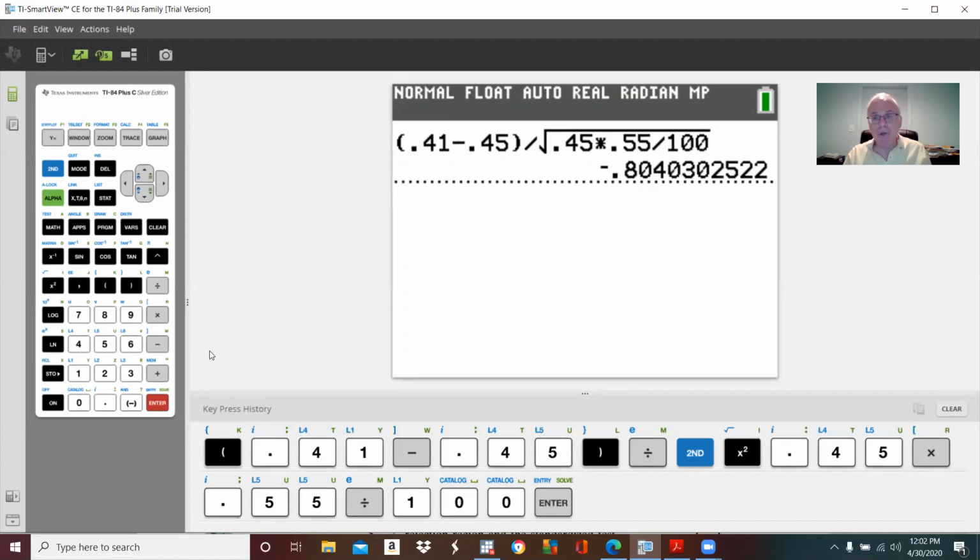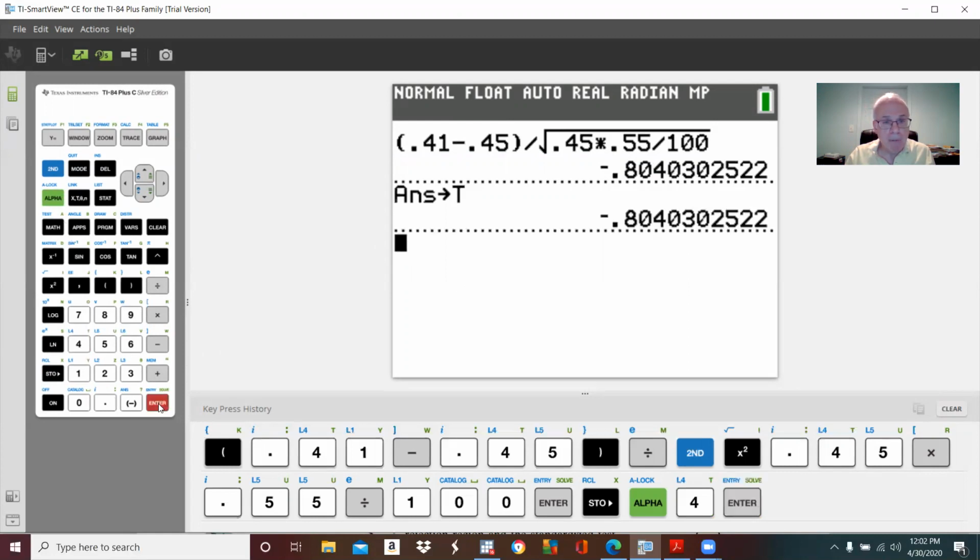Now, if I'm doing this strictly with my calculator and I want to get my p-value, then I'm going to store this test statistic. I'm going to hit store and then hit alpha. I just use T, but you can use any letter that you want. So I've stored this test statistic in T. Now, if we go back to the problem,